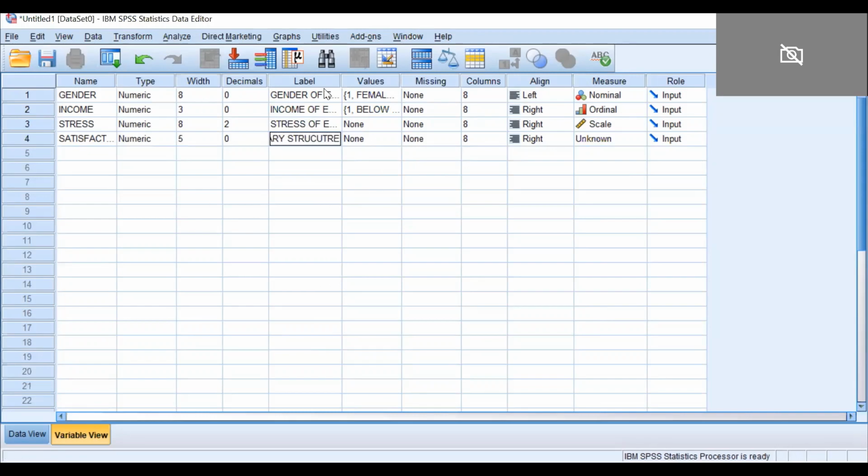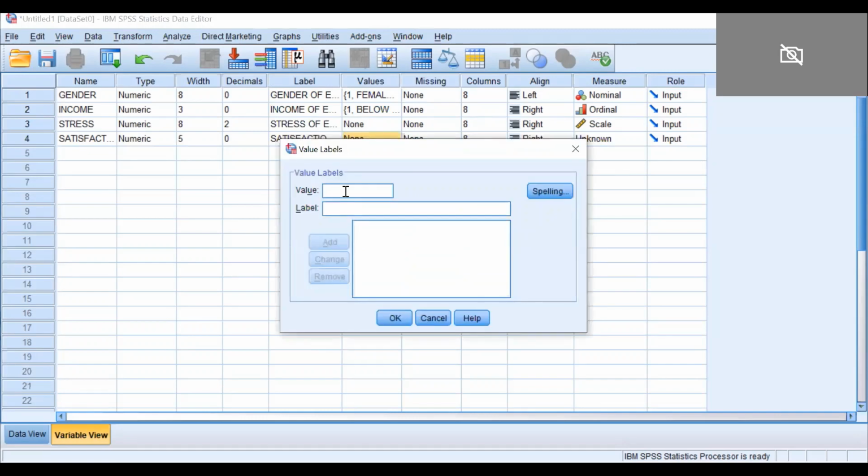So here you will put values like 1 representing highly dissatisfied. 2 representing dissatisfied. 3 representing neither satisfied nor dissatisfied, so you will simply put neutral.